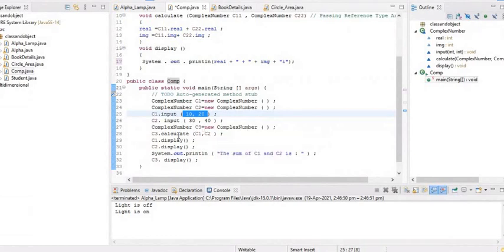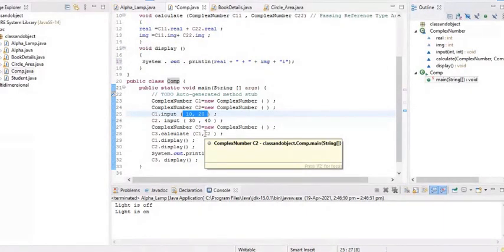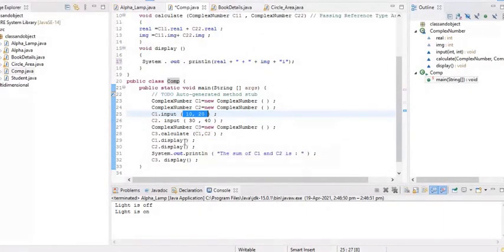Then I have called the calculate method. For the calculate method, I have passed two object references as the parameters, C1 and C2. It is going to perform the addition. Then C1.display. This is going to display the real and imaginary of the heap memory location that C1 is referencing, that is 10 plus 20i.